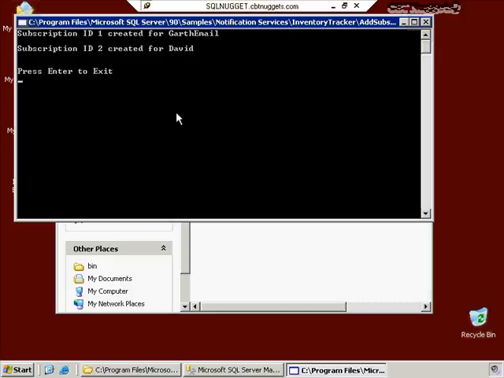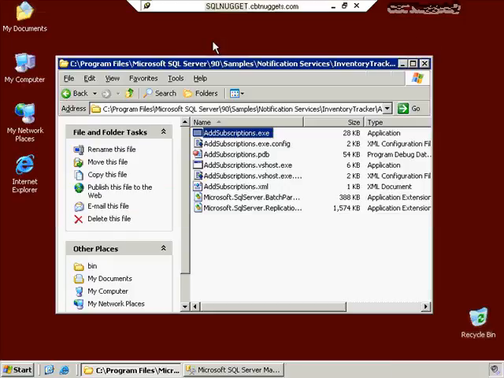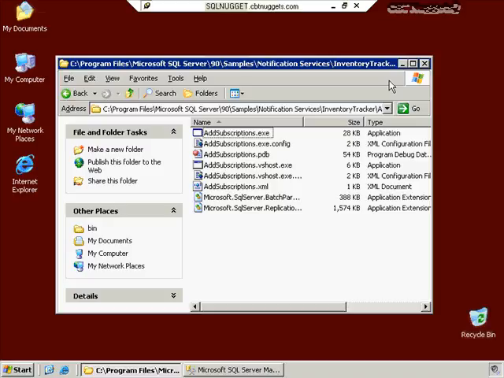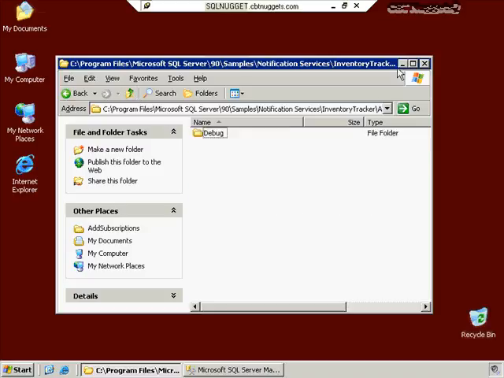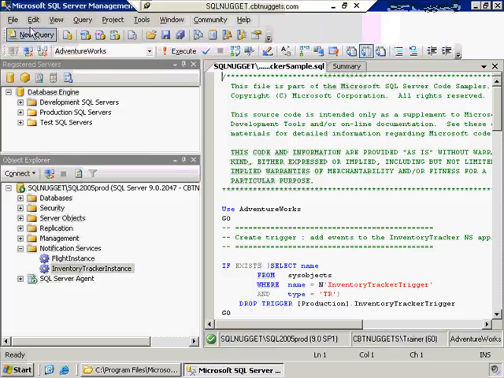There we go. All set. So we'll hit enter here. Our subscriptions are added. Our subscribers are added. The next thing we need to do is go back into SQL Server Management Studio, and let's open up another